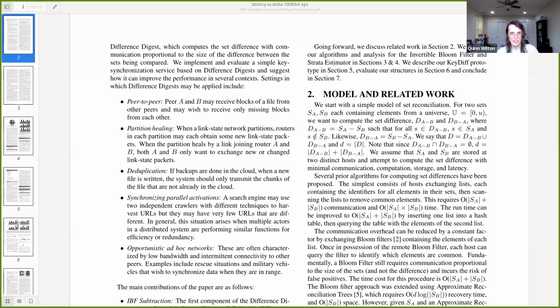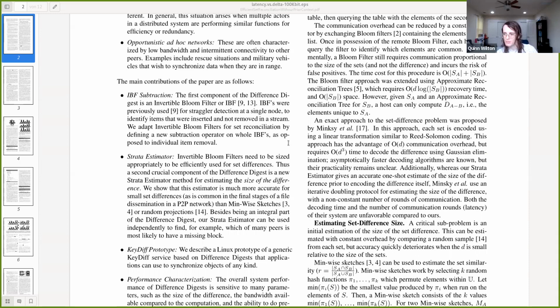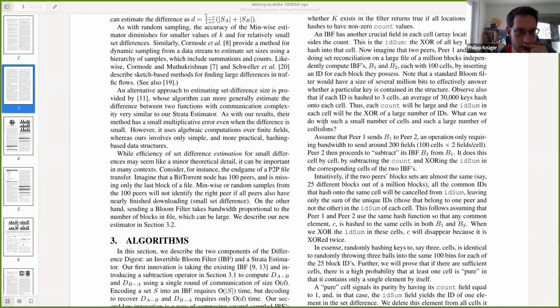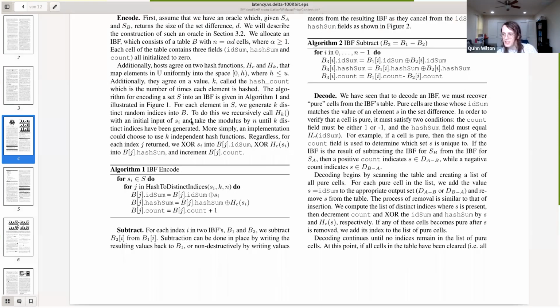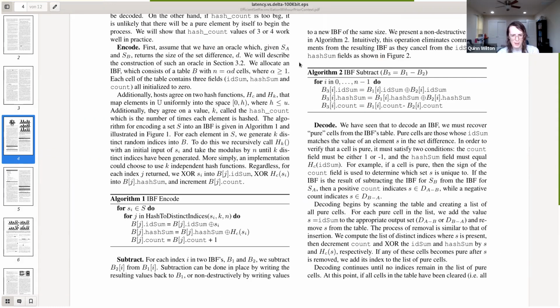Yeah, it's a really minor thing, but do you mind going to the bottom of page 4? Over by algorithm 1. In that paragraph above algorithm 1, this is a really minor thing, but I want to point it out as a risk to be aware of for anyone implementing this or similar data structures. They mention that to choose which blocks you fill after computing the hash functions, you should take the modulus by n. And I'm not positive, but I'm pretty sure